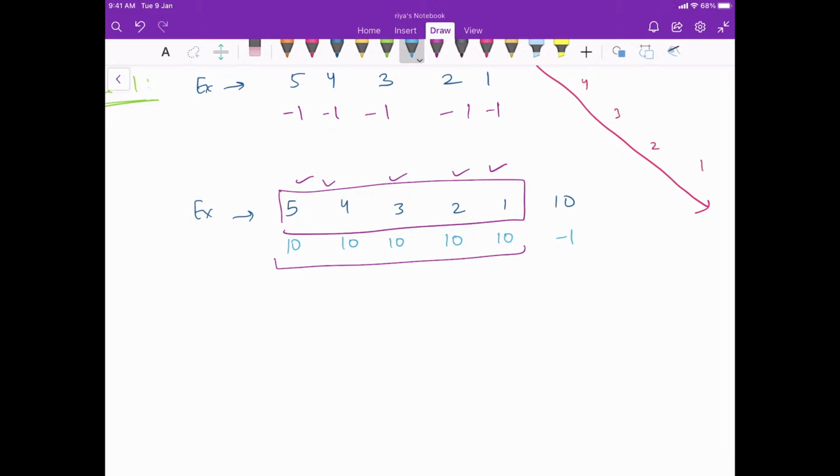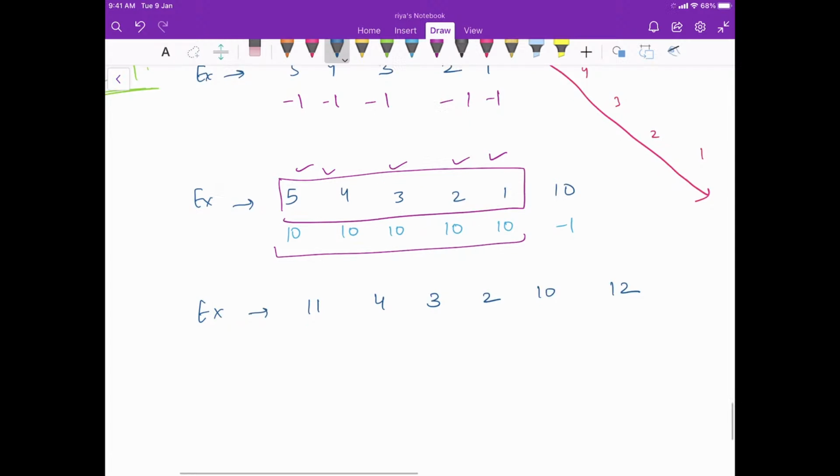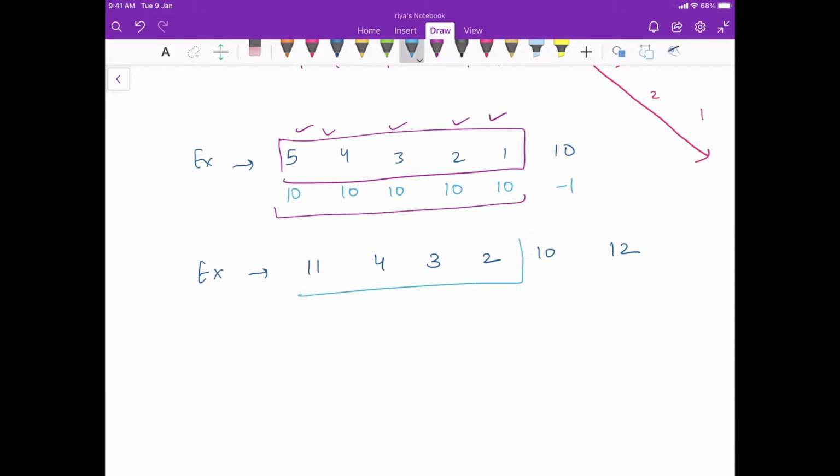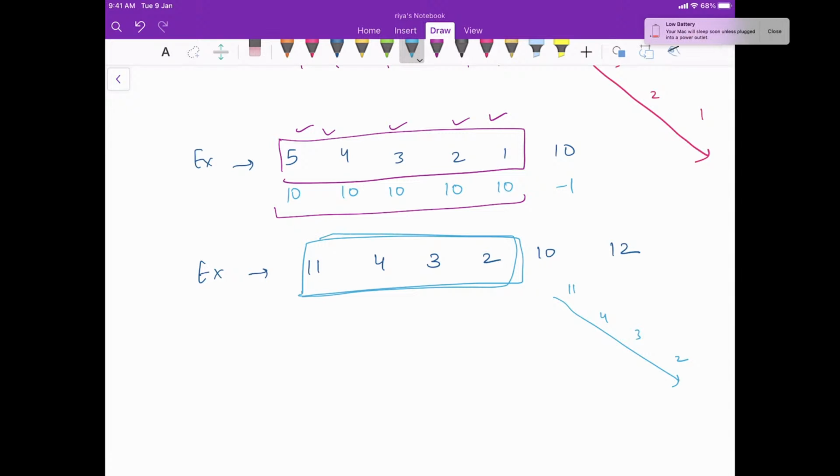Let's take one more example. Let's say I have 11, 4, 3, 2, 10 and 12. Now we can see here that till 2 the values are decreasing, 11, 4, 3, 2, and we basically have a decreasing sequence here, and after that it is an increasing sequence, a value 10 and a 12.